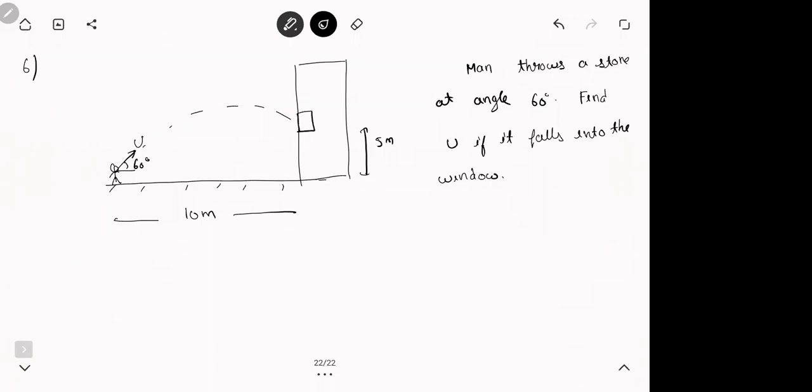Second thing, 10 meters is the range, but you can't use the regular formula because it's not coming to the same level. Now do. I'll give you 2 minutes. The answer looks a little bad, but don't worry about that. I'm more interested in the process. You can always get a good answer by giving decent numbers.